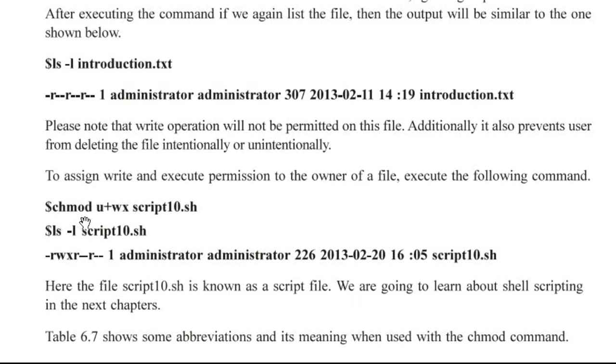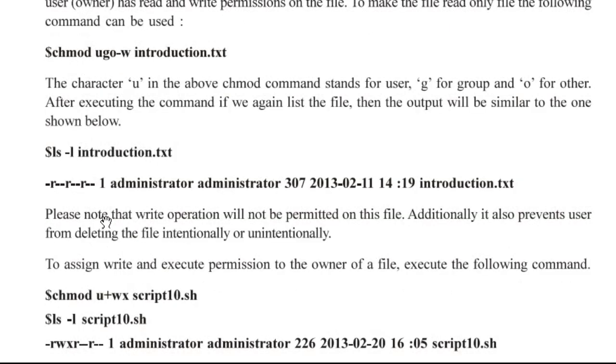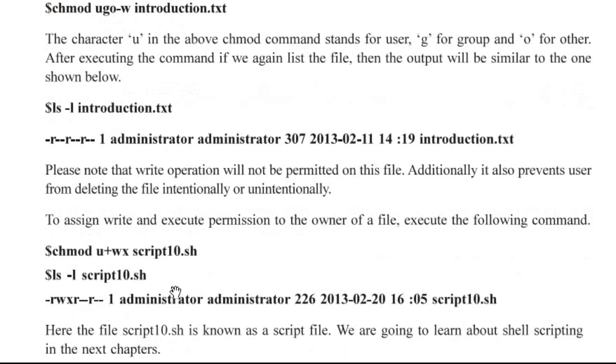chmod, the name of the command, u+wx. Here we had given -r, while here plus wx, script10.sh. Now this is the name of the file.